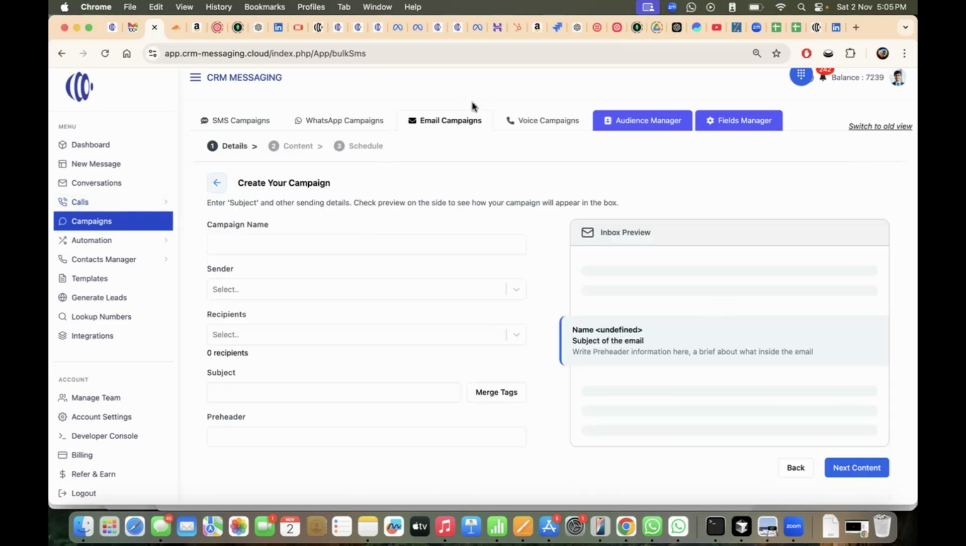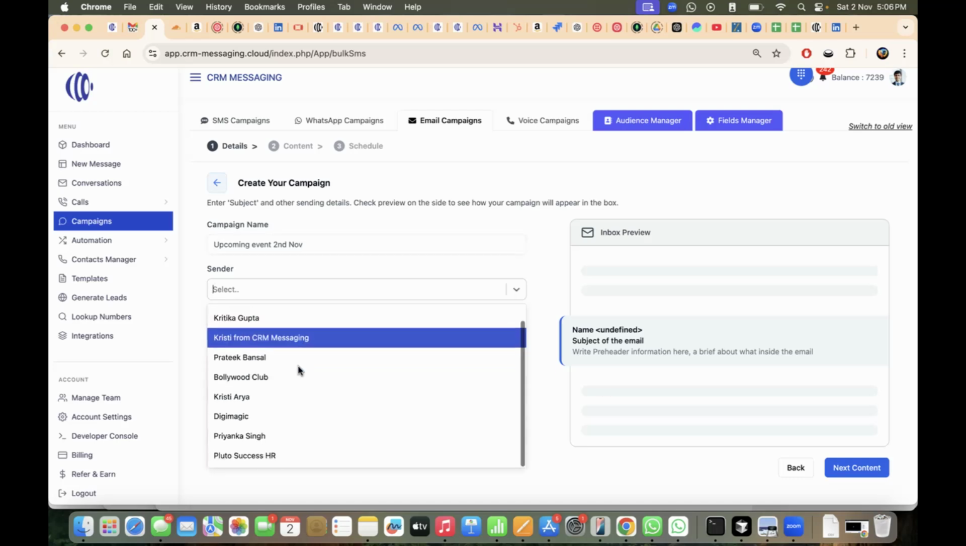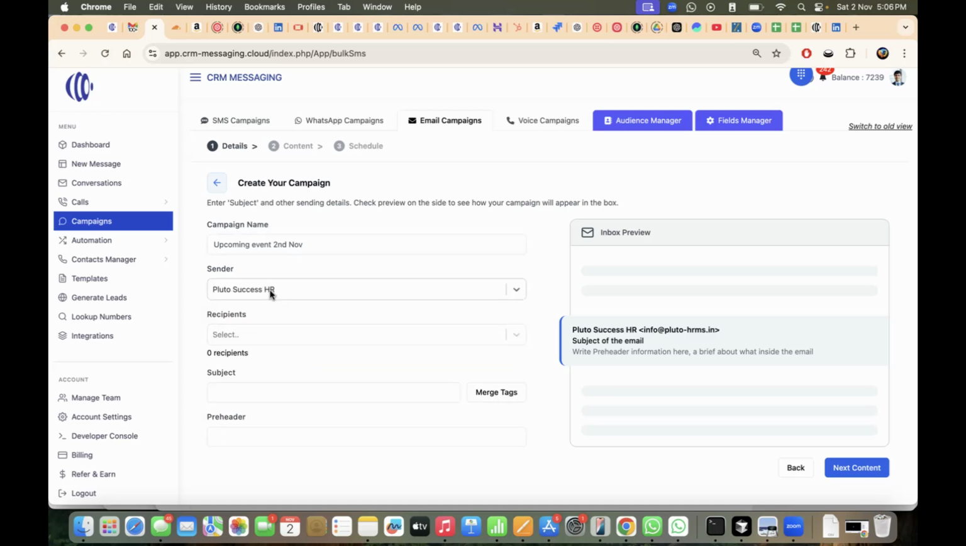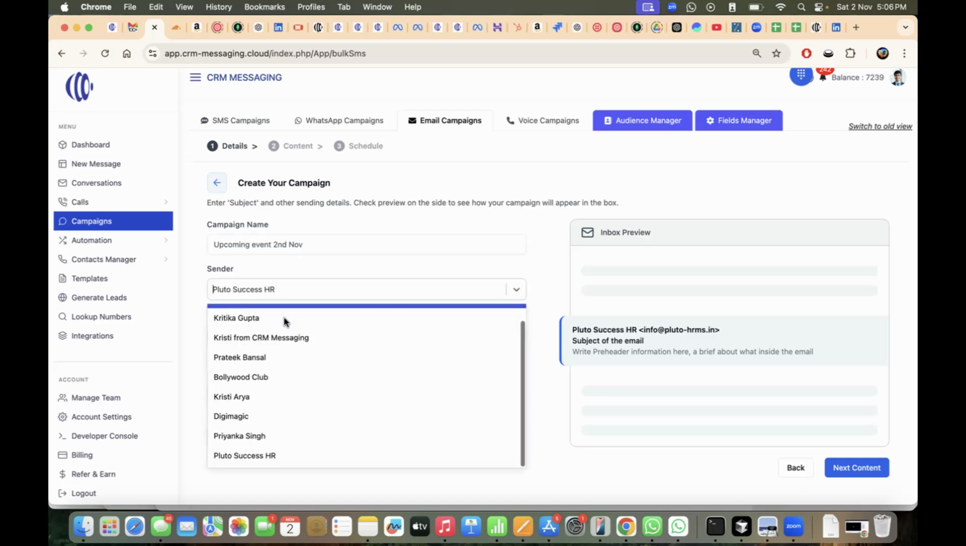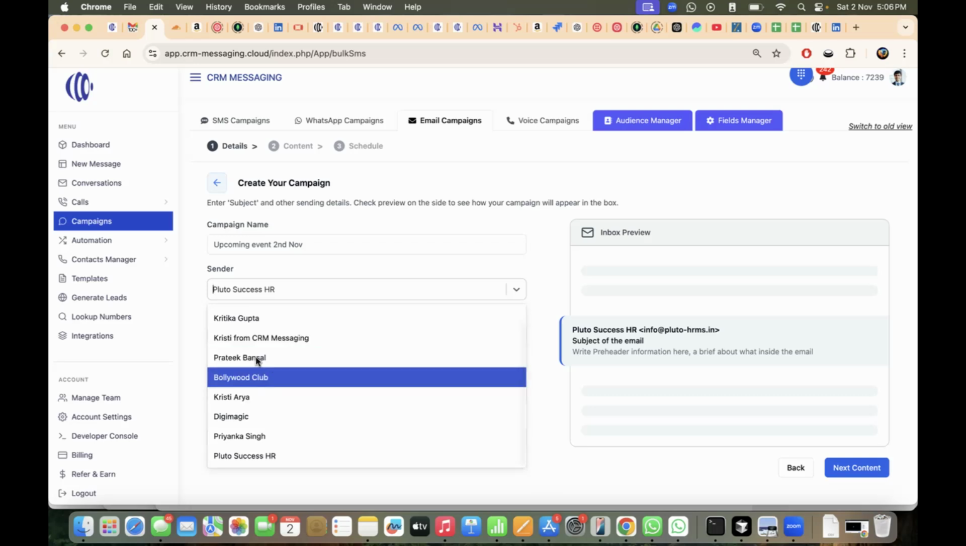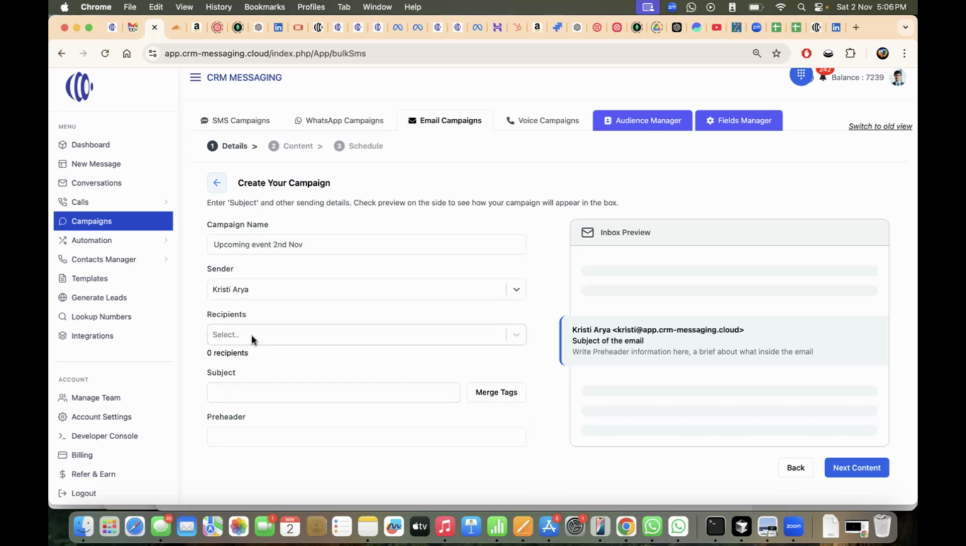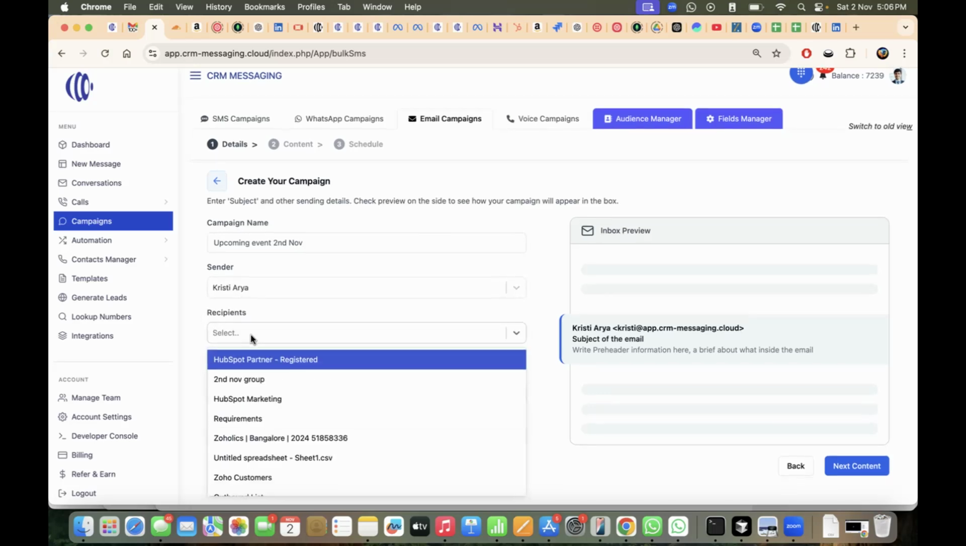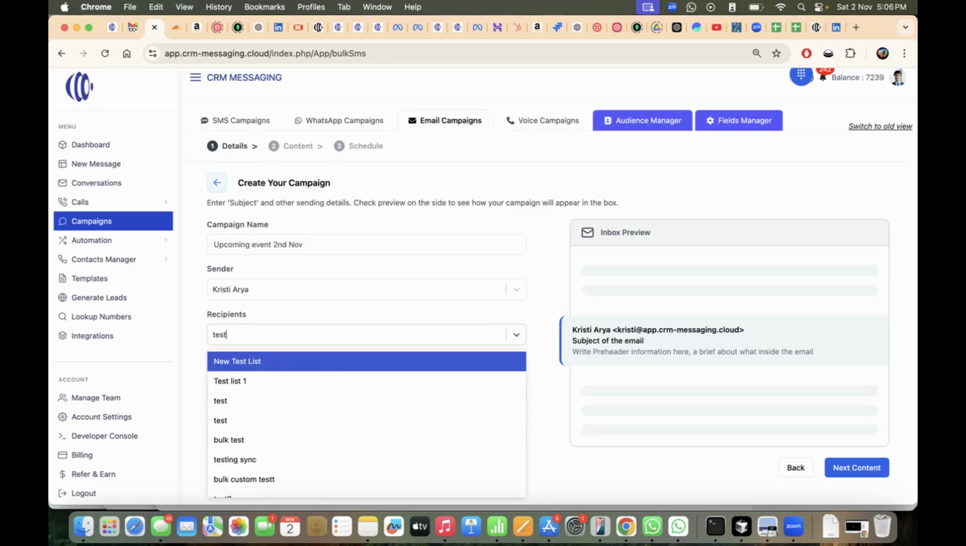Go to campaigns, go to email campaigns, create campaign, write the name of the campaign, select your sender, select your recipients,